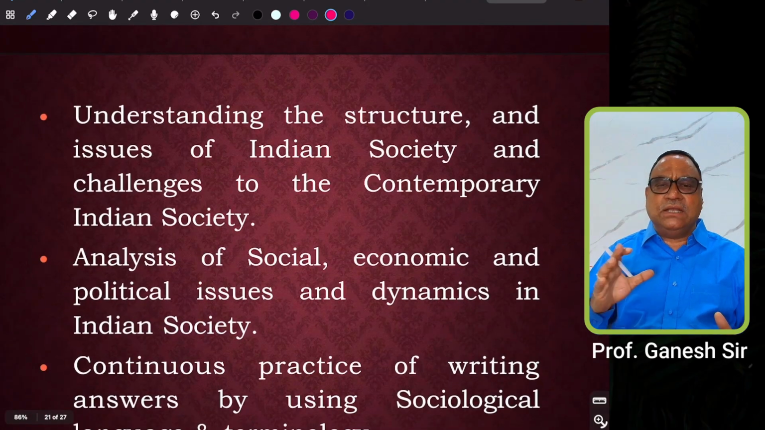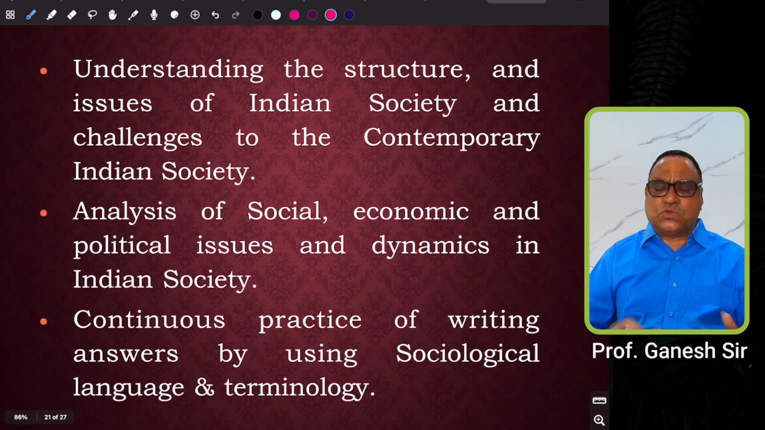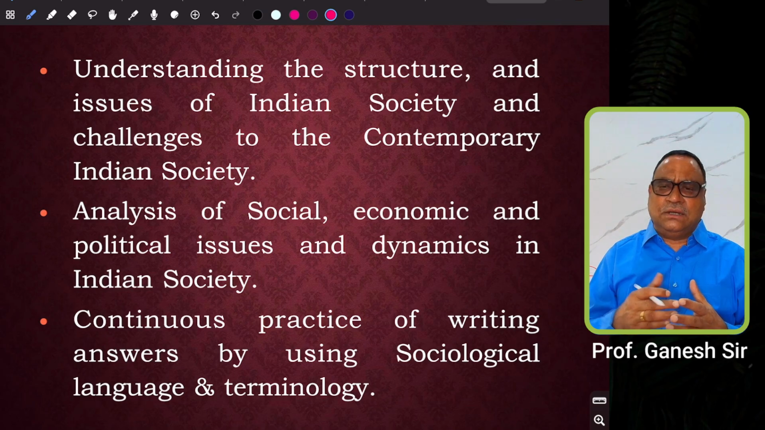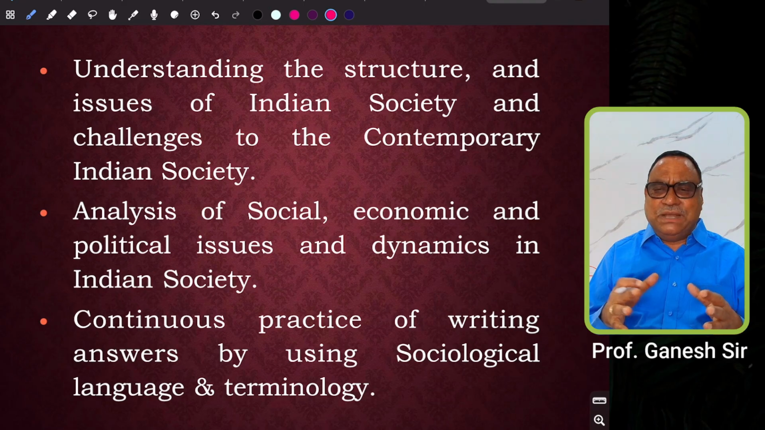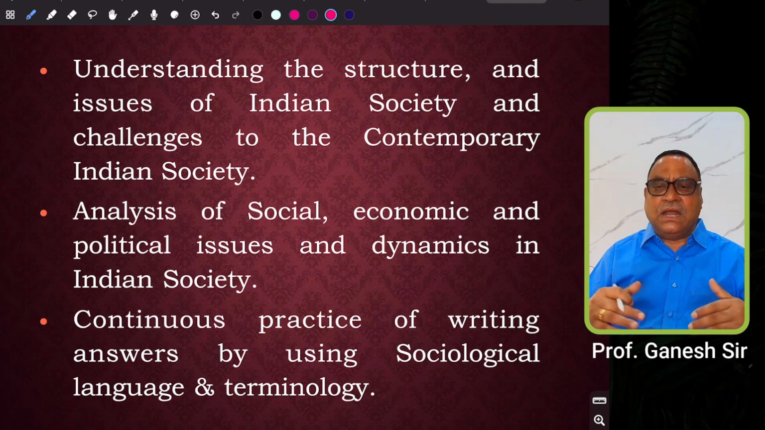Then another important aspect is understanding the structure and issues of Indian society and challenges to the contemporary Indian society. First of all, a student must have an in-depth understanding about the basic structure of the Indian society. So while reading about Indian society, a student must understand the basic social institutions in Indian society like family system, marriage system, economic system, political system, and more specifically the caste system in Indian society,